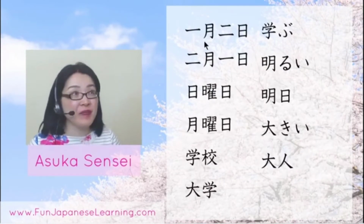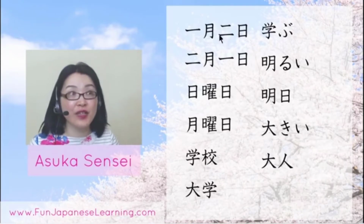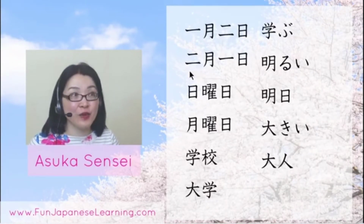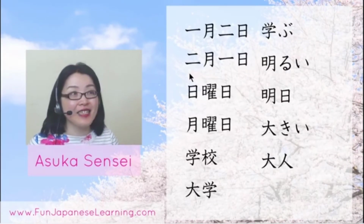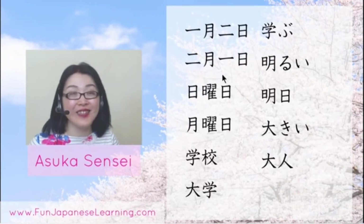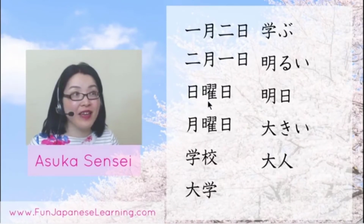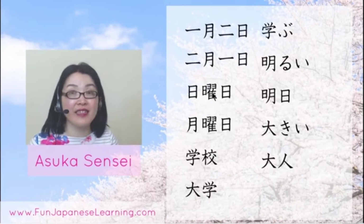Okay, you've learned so many more. This one, 1 and the month. So first month of the year, 1月 and 2 days. So second day, 1月2日 January the 2nd. And this one, February 1st. 2月1日. 2月1日. And then you can see sun, and these two characters work together to represent a day of the